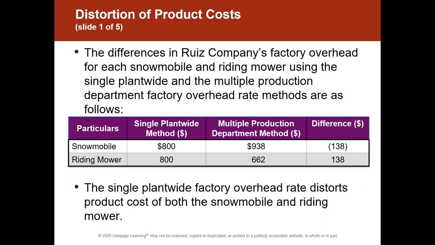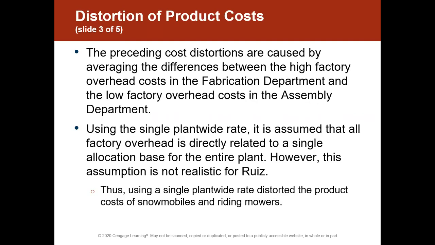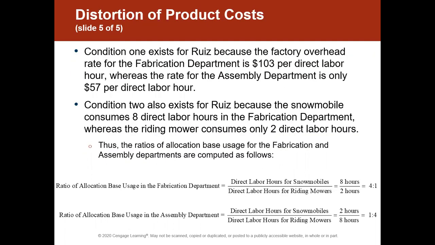So they have this whole section of like 5 slides. These are slides I would have taken out, okay, if I could get the computer to work correctly, that talk about the distortion of product costs. Really all they want you to know here in these 5 slides is that having a single plant-wide rate distorts product costs because it doesn't allow the managers the flexibility to allocate costs on a basis that's true with how they're being used up. Does that make sense? That's all it means. And so I'm going to kind of skip through these and just recognize